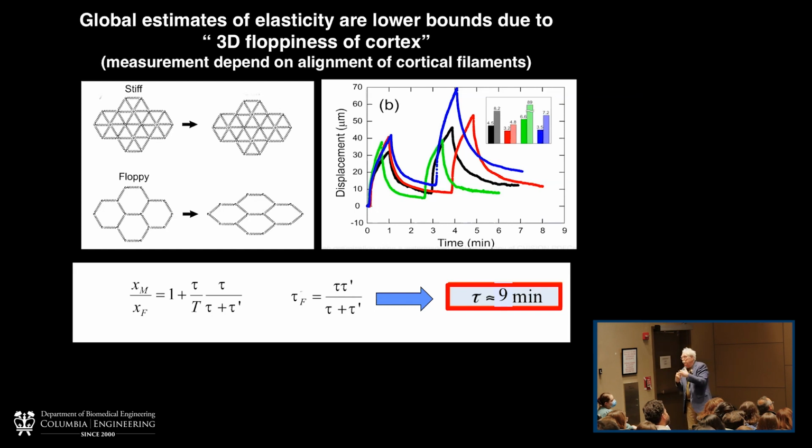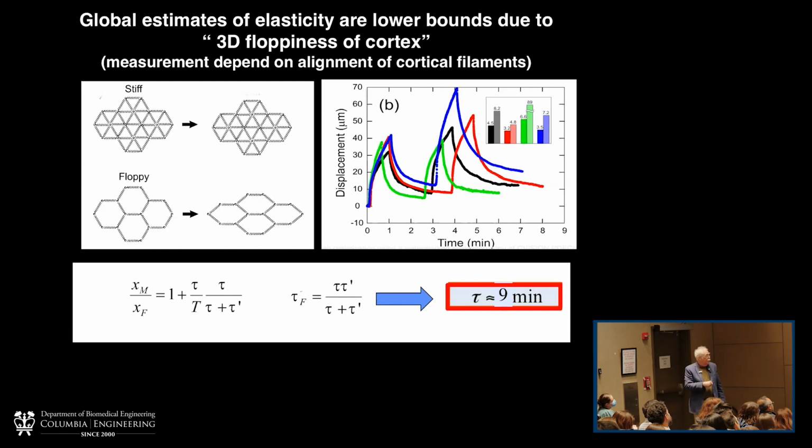Networks can also be arranged in what we think of as a floppy organization, where you extend them, and part of the extension is involved in the preferred bond angles, or the interface angles here. So you can stretch, and depending on what's elastic, whether the springs are elastic but the bonds aren't, you will have a lower elasticity in this case, because you're distorting the shape of the network as well as stretching the springs.